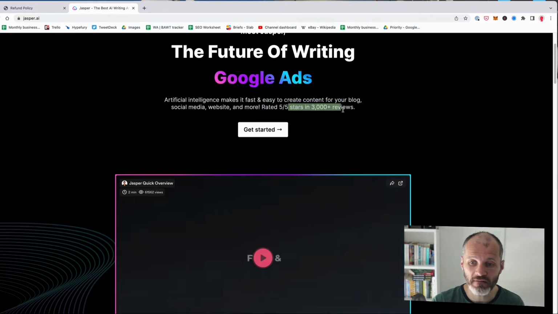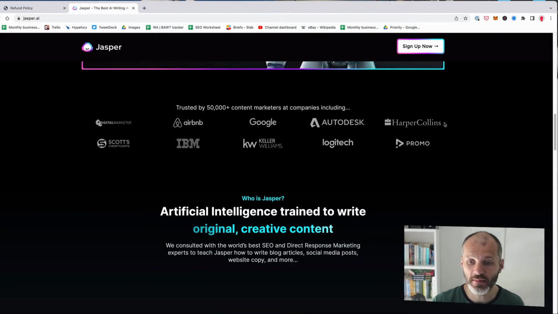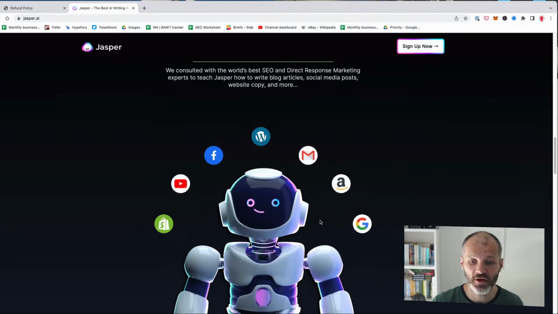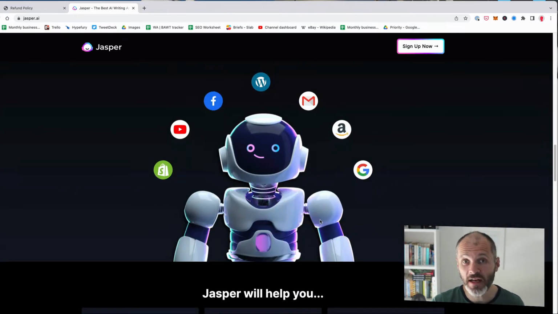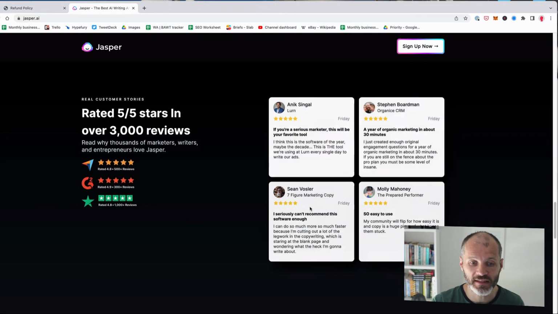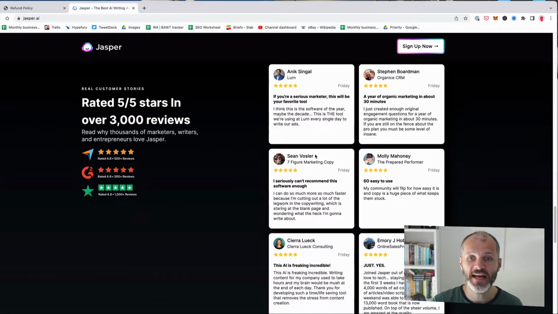And it's got lots of 5-star reviews. And it's also a tool that's been trusted by many corporate companies. Now, all of this social proof is fantastic, but I was more interested in how it's using artificial intelligence to create original content, because I spend a lot of time publishing content on Become a Writer Today and other niche sites. So I took out a premium version of Jasper, and in this video, I'm going to walk through some of the key features in Jasper which I've used and tested, and talk about how you could potentially use a tool like this as part of your writing workflow.